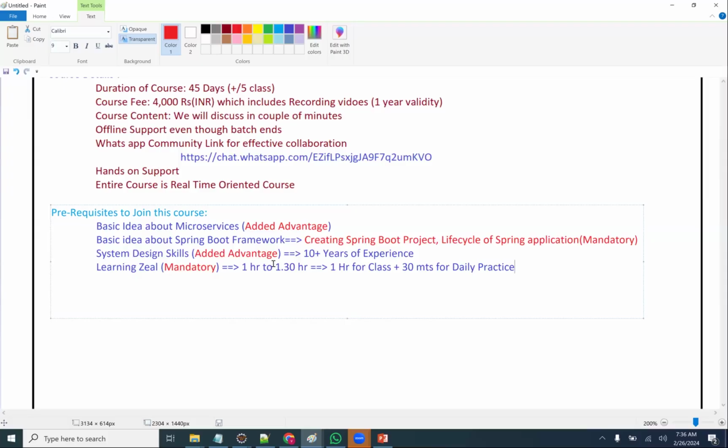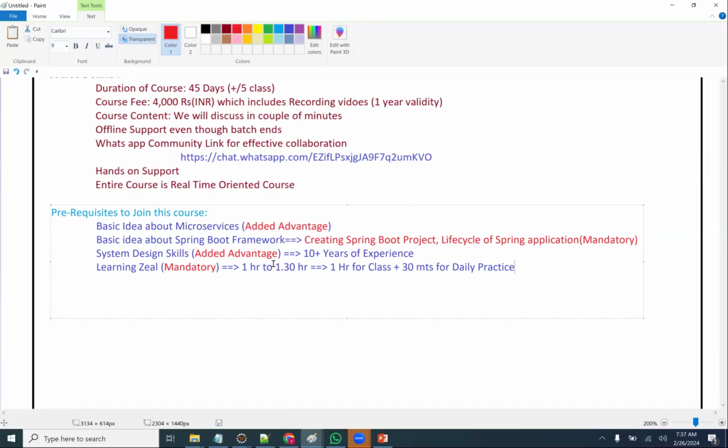If you are a working employee, stuck with your busy work, not able to concentrate on this course, sometimes joining, sometimes not joining, there will definitely be a distraction. That is not a good point from Ashok IT's point of view, nor from your point of view, because you joined this course by paying the fee but are not getting the benefit from it. That is not a good sign for both parties. So that's why we are requesting